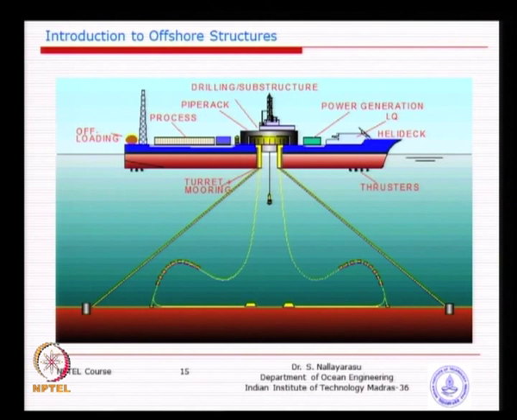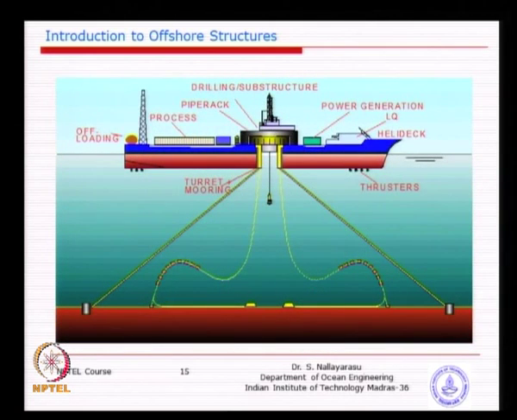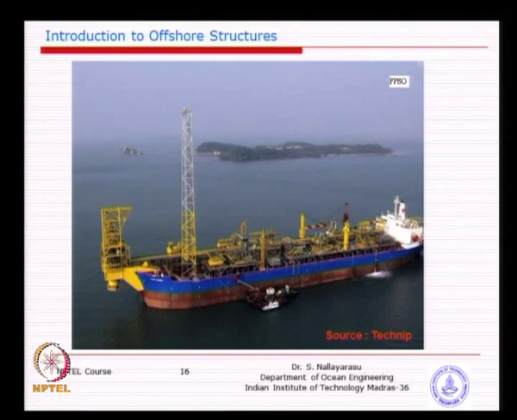But you see at the center of the ship, you have made a big opening, is it not? Normally this is not very good, weakening the ship sufficiently to fail. So, this is normally adopted for new build FPSOs. If it is an old tanker converted, you see here we normally do not break at the center. This is actually an old tanker converted into an FPSO, and there we put the similar turret at the tail end, so that you do not need to do a lot of modification to the hull, because otherwise it becomes a big project. So, the difference between this and this is the location of the turret.